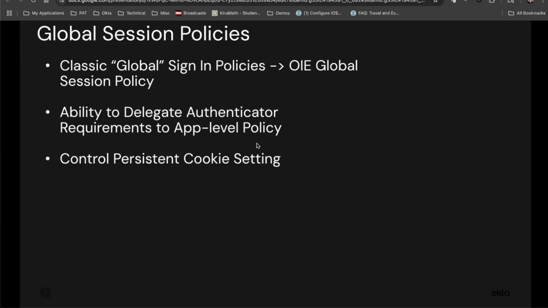That's one thing that we typically recommend that you don't allow persistent cookies. There is an ability to do that if you choose, but you should use that wisely. But I'll show you where that is. And actually, let's go ahead and jump into